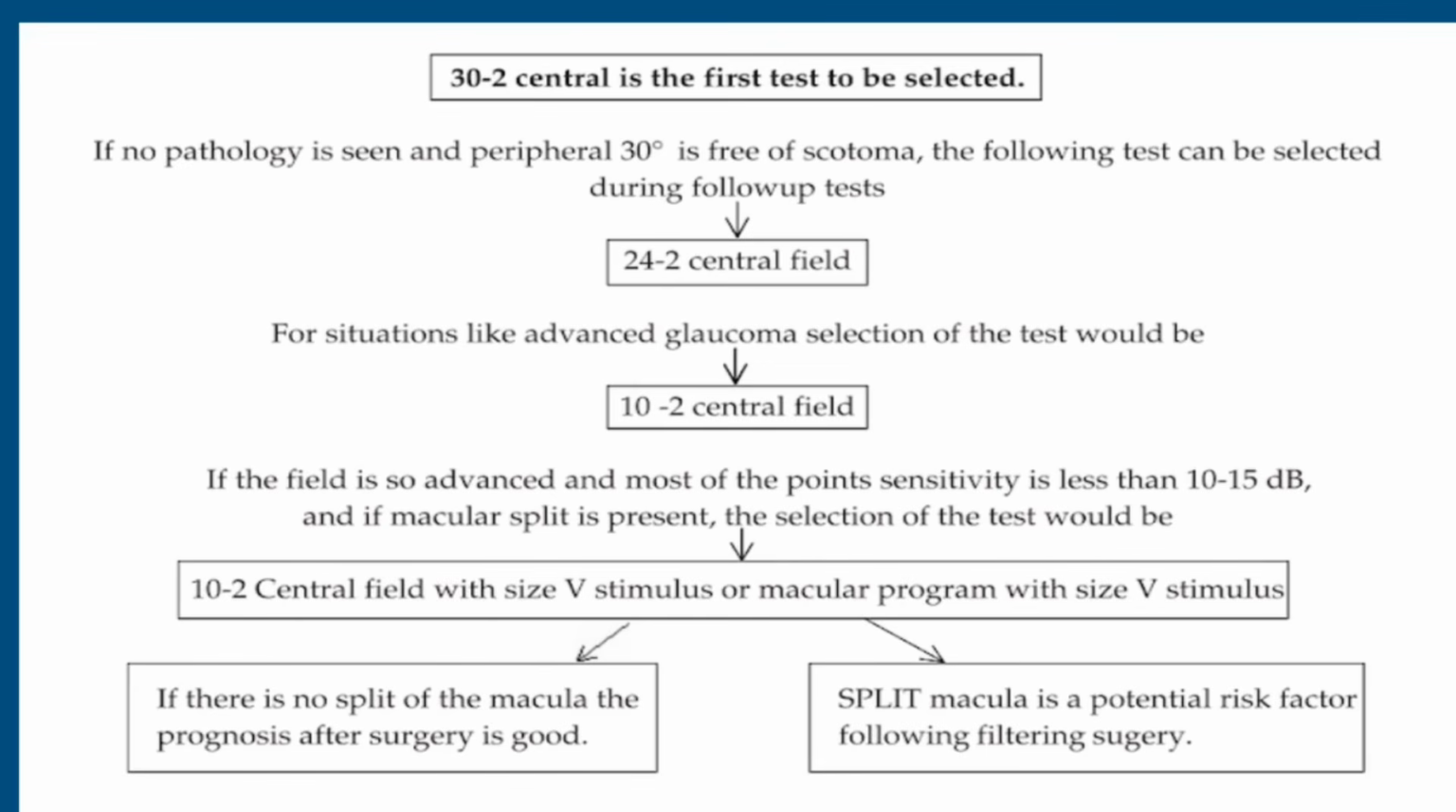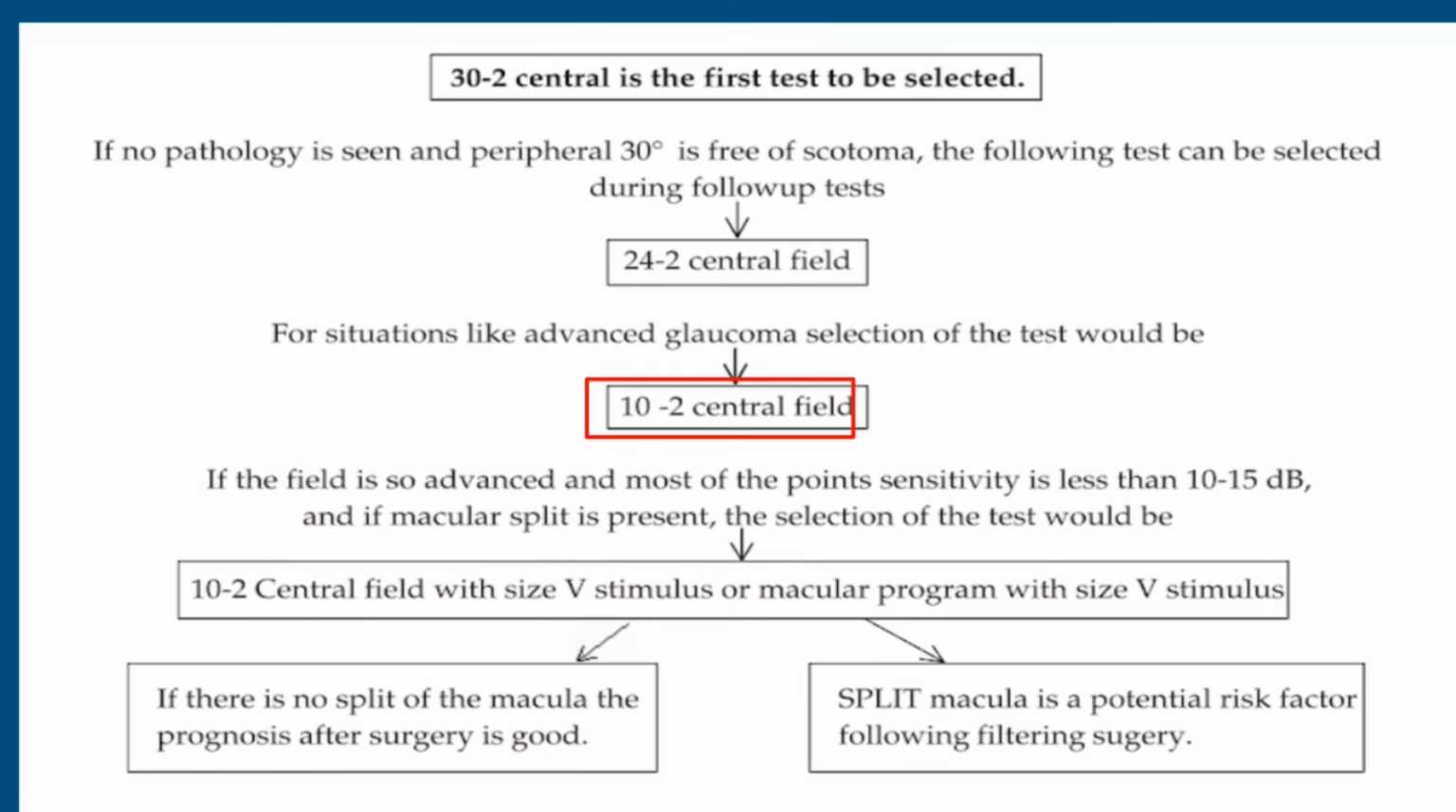For suspicious cases of glaucoma, where we want to screen more number of points, we can choose a 30-2. It could either be a full threshold or a SITA standard. In established cases, we use 24-2 central fields, and if it is advanced glaucoma, the selection of tests would be